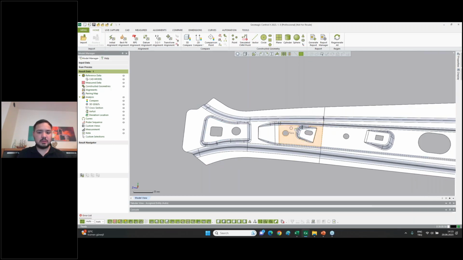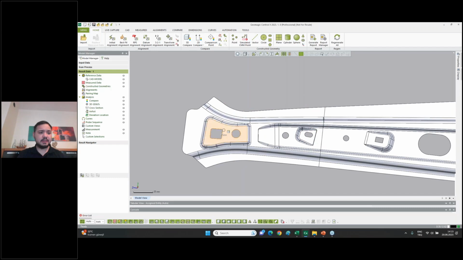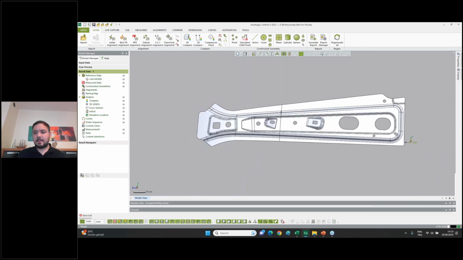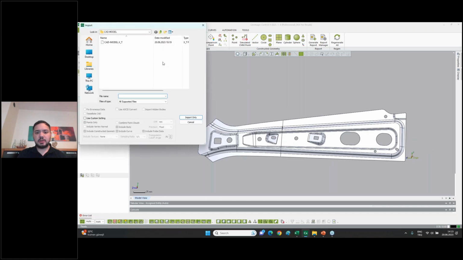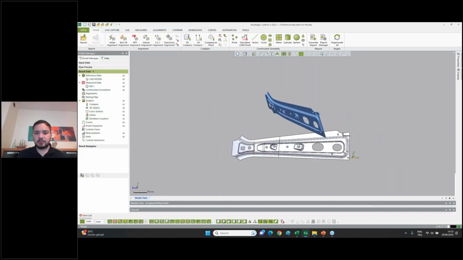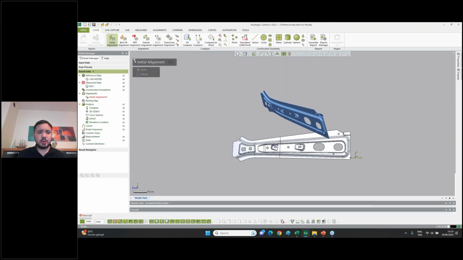Like I want to use these faces as a plane, so I changed it. After these changes, I can import our first part to create the offline program. Let's import the first point cloud, our part. And first, we need to align it; as an initial alignment we're going to use